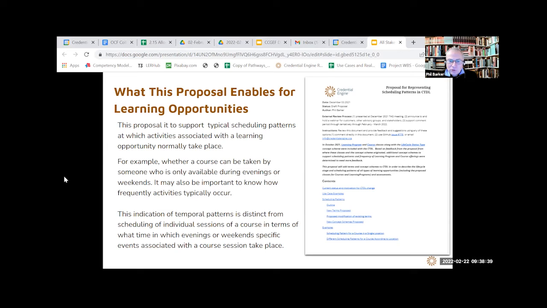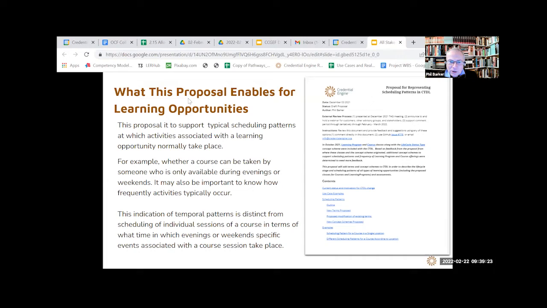It's often not enough just for somebody to know that a learning opportunity exists in order for them to know whether they can take it. They'll often be constrained by factors such as when they are available. It might be, if somebody has a job, maybe they're only available in the evenings or at weekends. Alternatively, they might be working evenings and weekends and only available during the day. So there's a certain amount of information about the actual scheduling pattern when a course is available that is required before somebody can make a sensible decision about whether that learning opportunity is right for them.